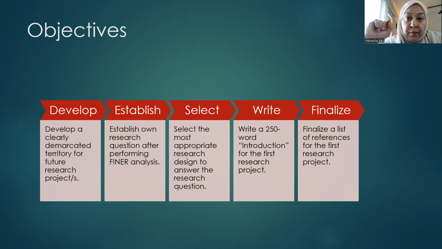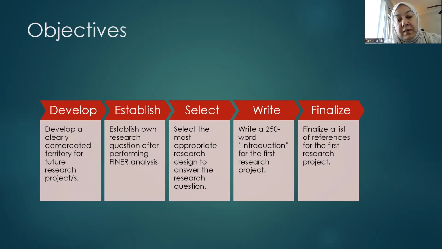What we don't know is what is the difference between a topic and a research question. These are two entirely different things. And the starting point of a research is not a research topic. The starting point of a scientific research is a scientifically written research question. So I will help you develop that question through this series of sessions, and through the workshops that I give.